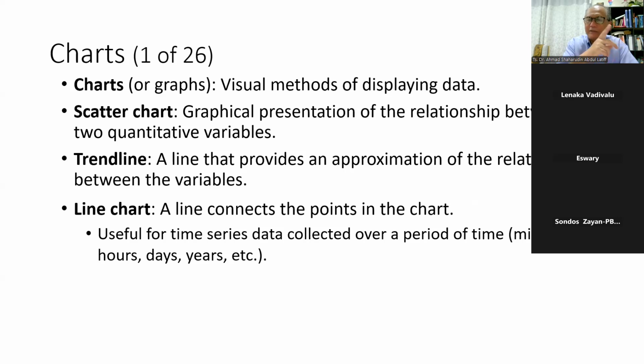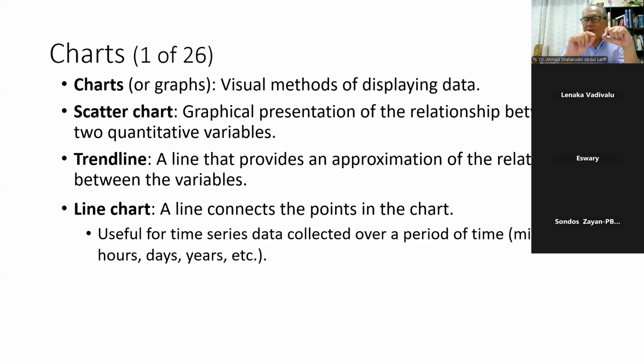And then when you increase the price, whether the volume increases also. This is what we learned in our demand and supply curve. So you need to have two quantitative variables to build up a scatter chart. And a trend line, you can draw a line between the points in the scatter chart. You can see the approximation of the relationship between the variables,